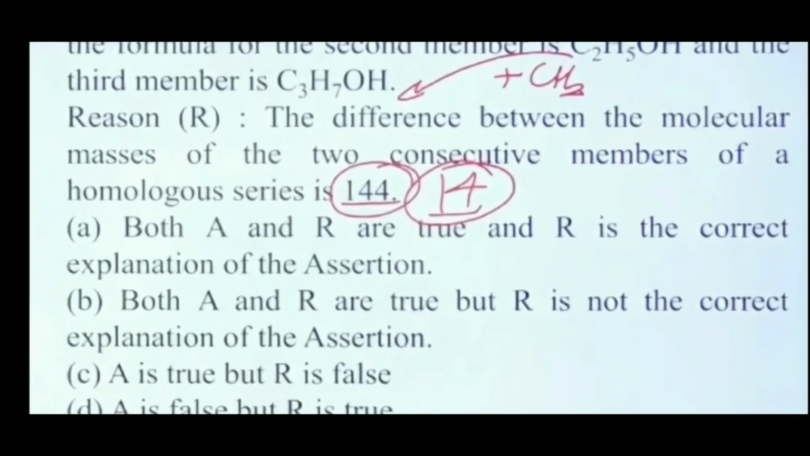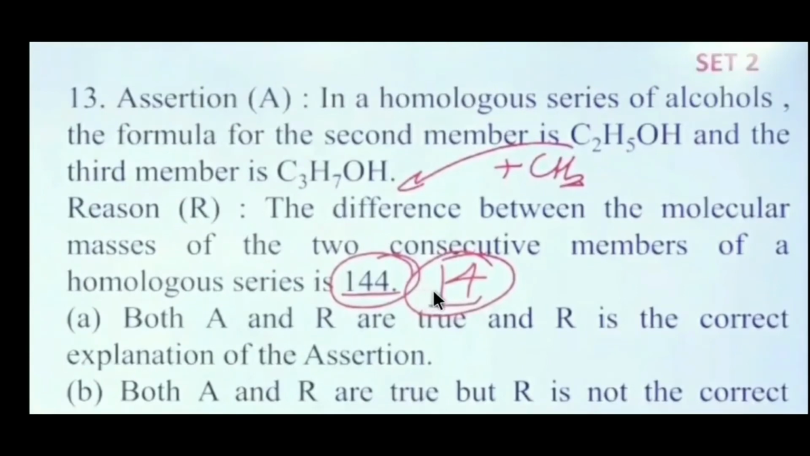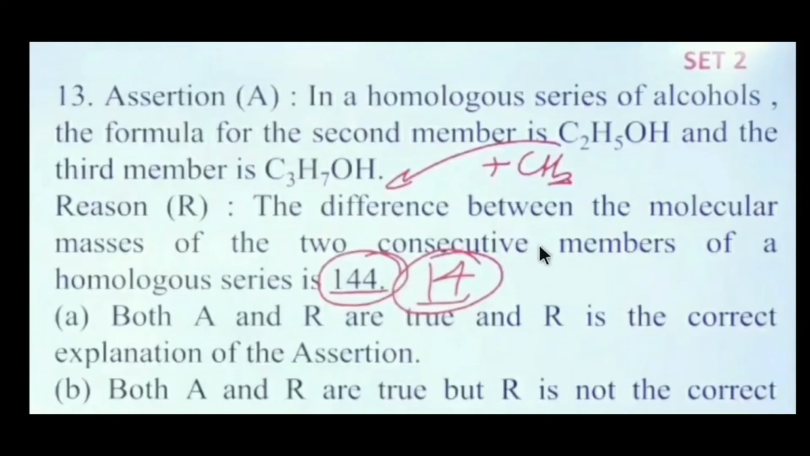ओके, ऐसा क्वेश्चन भी था, series of alcohol वाला formula, second number and third number. Find the difference between molecular masses of the constituting members of a homologous series. The difference is 14. 14 आएगा, 144 नहीं आएगा।